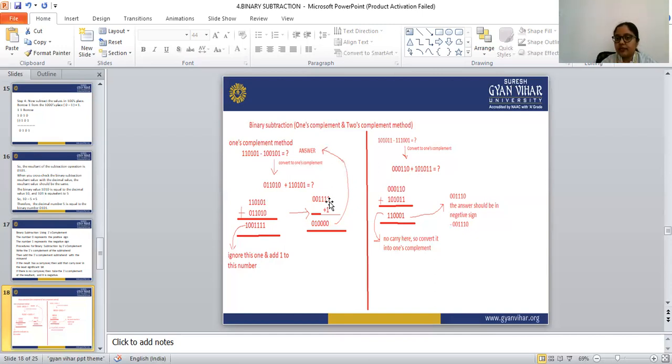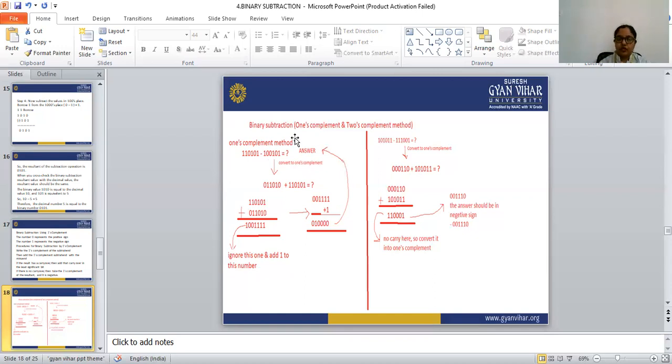So what is the next step? We have to add 1 to the resultant number. Let's see, 1 plus 1 is equal to 1 0, so I have written here 0 carry 1. 1 plus 1 is 0 carry 1, 1 plus 1 is 0 carry 1, 1 plus 1 is 0 carry 1, 1 plus 0 is equal to 1, and the 0. So our answer is 1 followed by four 0s, which is the answer of this question.